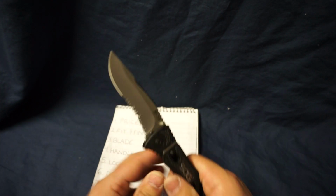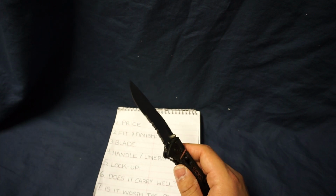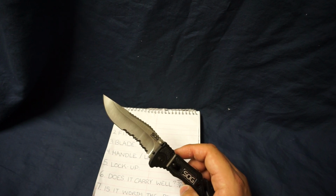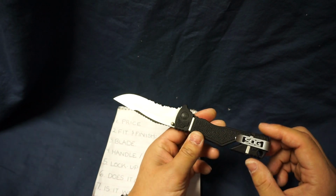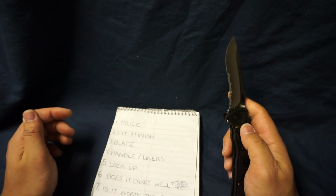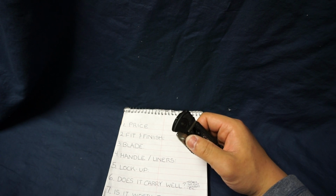just because you've got the serrations here, which will cut through any type of nylon or handling rope or whatever you needed to cut. This would have cut through it perfectly. So yeah, I love the blade, and the fact that while you're doing some kind of work, like adjusting a valve or whatever,